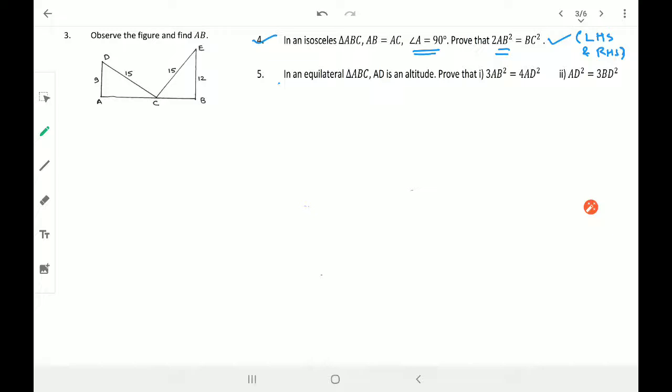Understand it. सबसे पहली बात, डायग्राम तो 100% I have to draw the diagram. तो here is my triangle named ABC, where I am given these two sides are equal. Consider which are equal, whatever is mentioned as equal, consider that as x. So of course this will be equal to x. So I can easily mention here AB is equal to AC is equal to x. The reason you can say given, right?